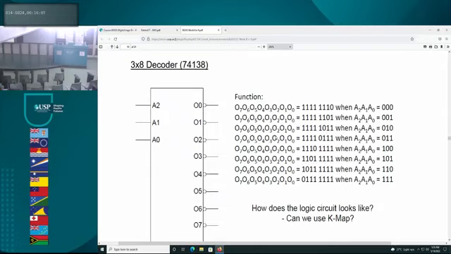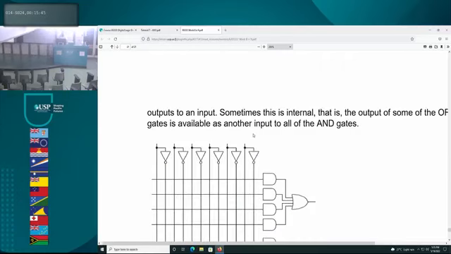How do we know most significant? Well, you have a look over here. When you do your truth table, you see that A2 is your most significant. Your least significant address bit is A0. So I want you to note that. All right? Okay. Now, if you come down,